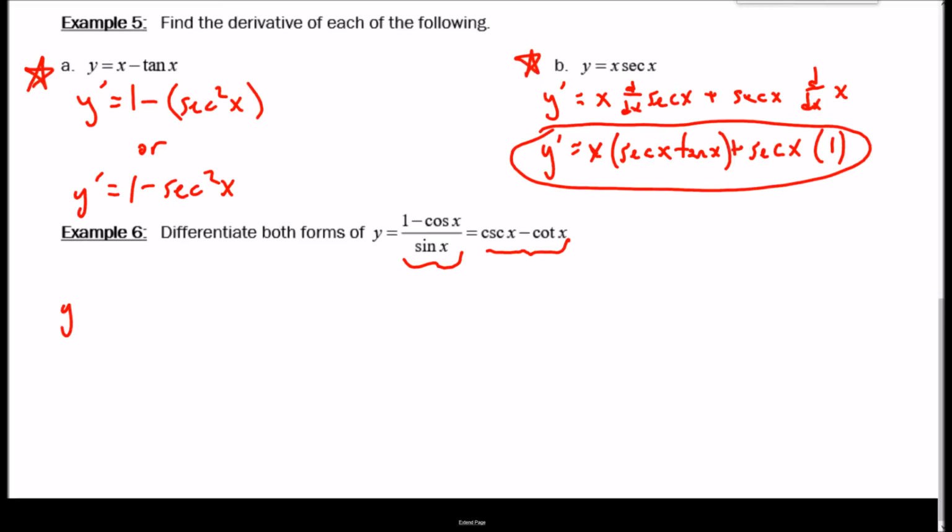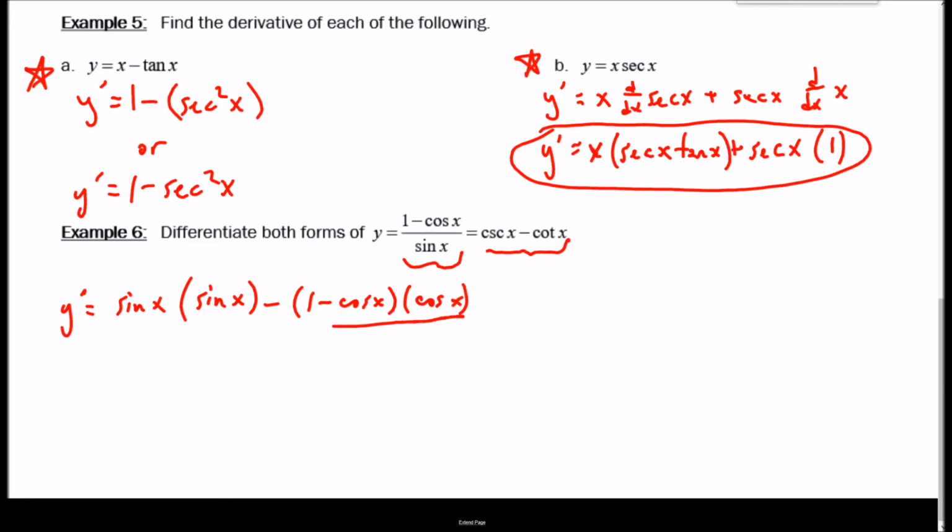So y prime is low d high, sine of x times the derivative of 1 minus cosine x. The derivative of cosine x is negative sine, so negative sine gives us a positive sine. Minus high d low, so 1 minus cosine x times the derivative of sine of x, which is cosine x,